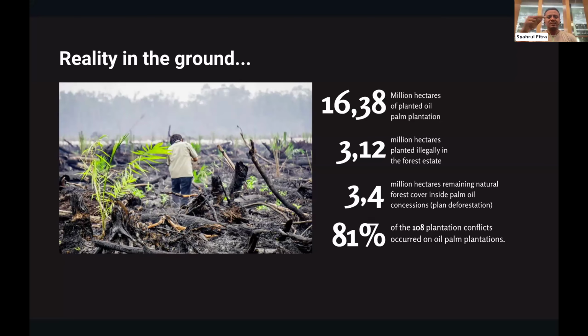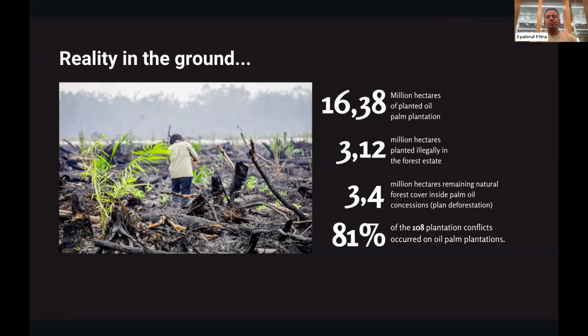But the question, similar to one from the audience in Canada, is how they can know that this product is not linked. And I think PalmWatch can answer a little bit about this. The public can identify whether a product is still linked with deforestation or not, or where the sources are coming from. At least they know which mill supplies, let's say Nestle, for example, and where the sources of their palm oil are coming from.